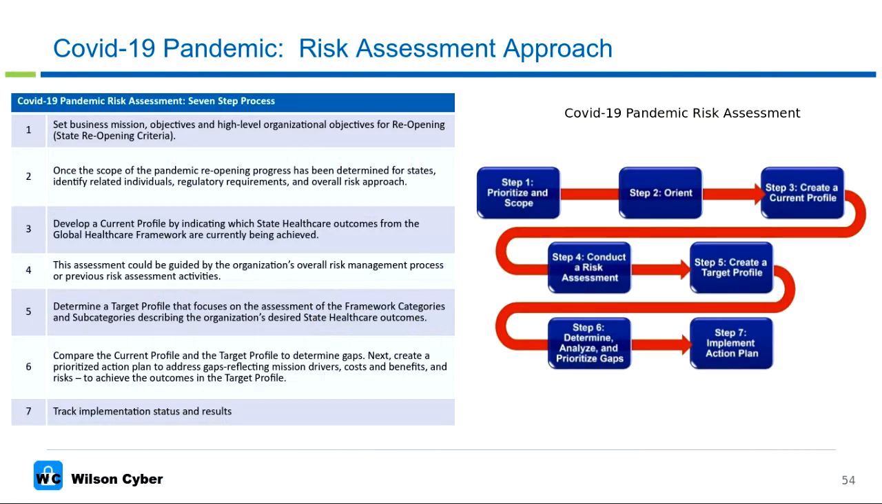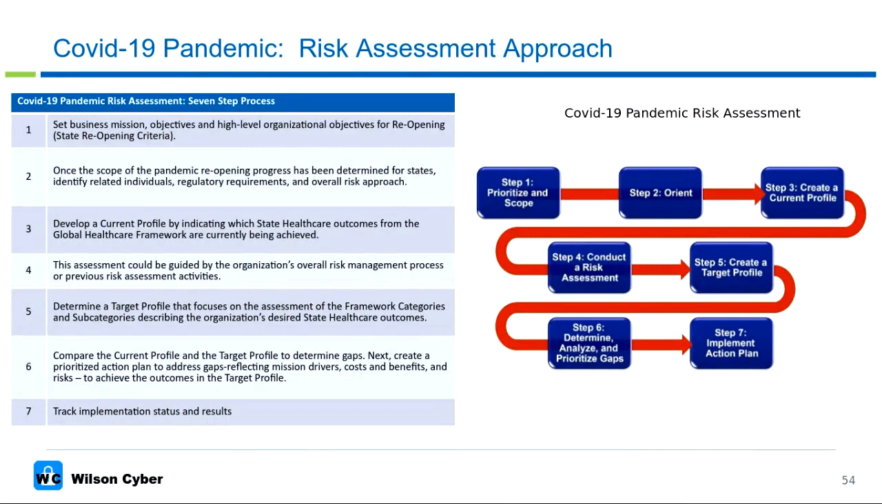The risk assessment approach: how well are we prepared? Step 1, set business mission objectives, high-level organizational directives or criteria for reopening. Once the scope of the pandemic reopening process has been determined, identify the related individuals, regulatory requirements, and overall approach: who's going to be responsible, how are we going to do this. Develop a current profile to determine the healthcare outcomes that we're currently seeing, and do a risk assessment based on the